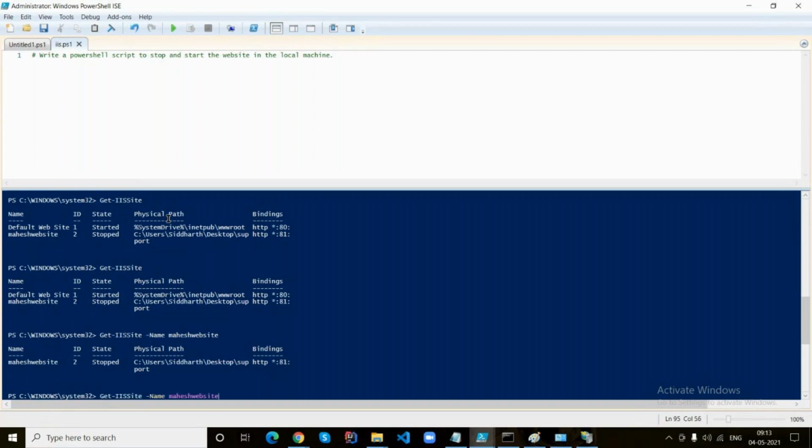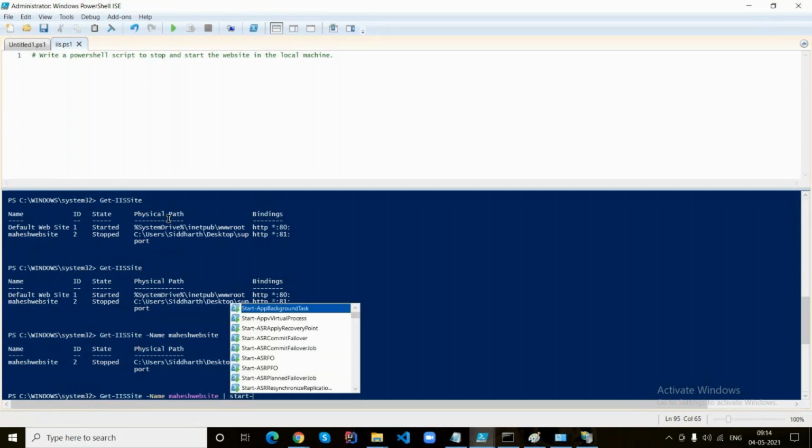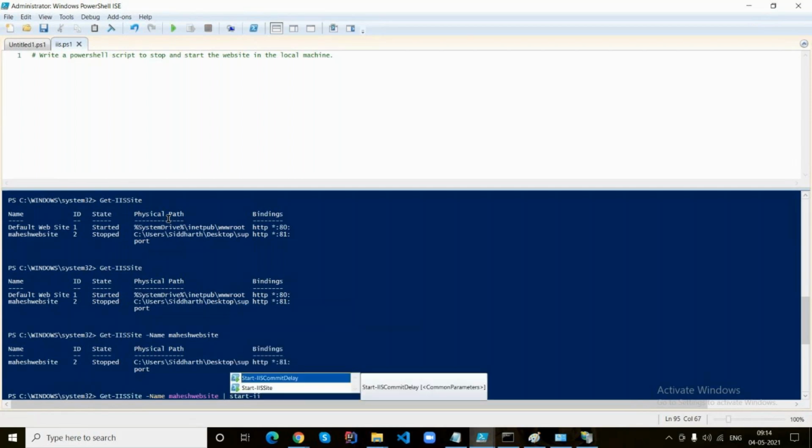Now how can you do the starting of the website? Basically, to start the website, what will you do? Start-Website by passing the name, and this is another way of starting the websites, like, if the site is available, then start the website.